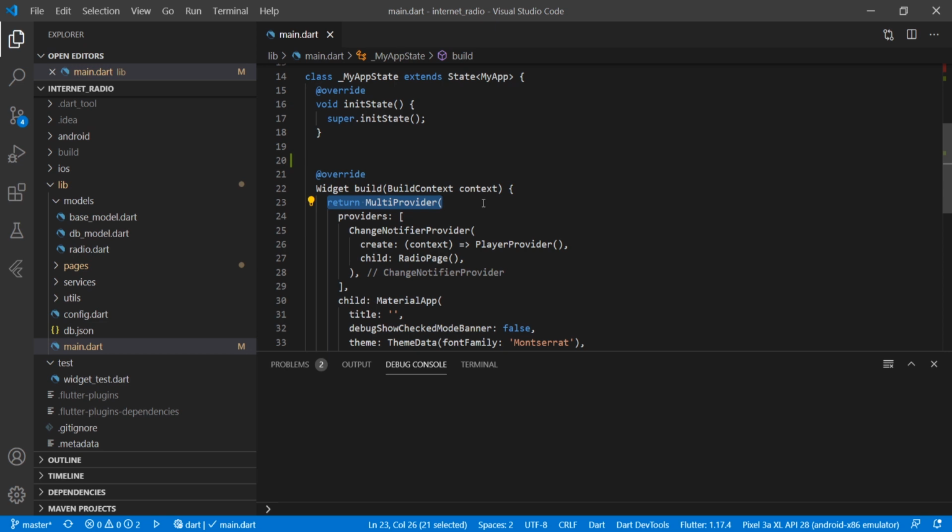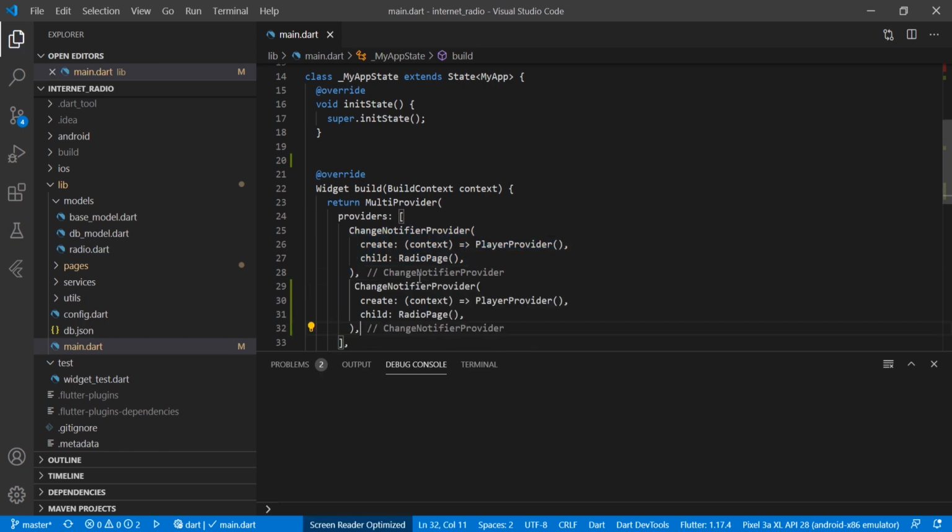Suppose right now we are just using one model class. In future if we want to use multiple model classes, then we have to use the MultiProvider, and we can define them in the same way like this. And this will tell where that provider class is being used. On the basis of that, the particular widget will be reloaded on the basis of the notifyListeners.